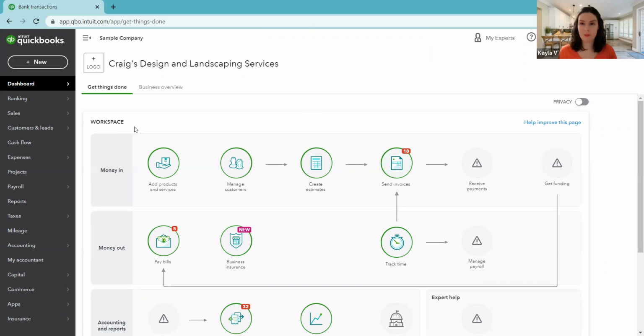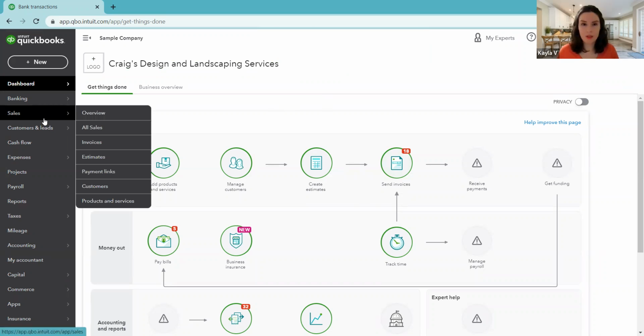But now we want to see it. We want to go back and see, well, where did it go? It just disappeared, and where did it go? Or maybe you accidentally made a mistake and you realize, oh, I forgot to do the date. So if you want to get back to it, come over to the left menu. You'll go to Sales and then All Sales. So you'll come over to All Sales,